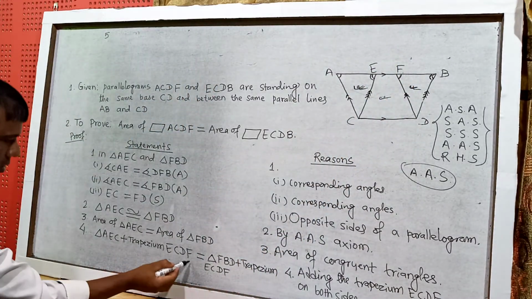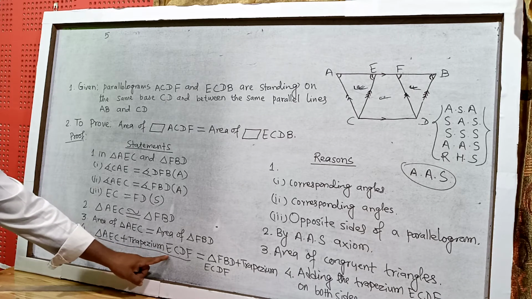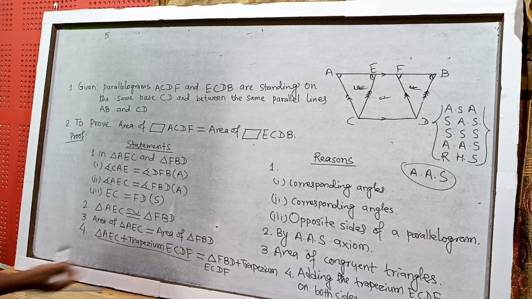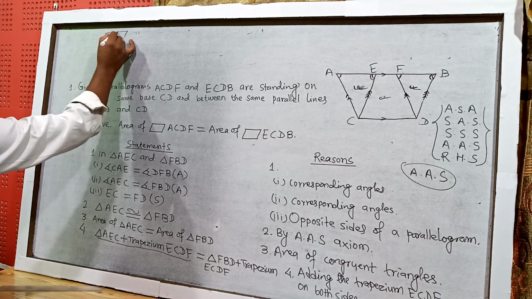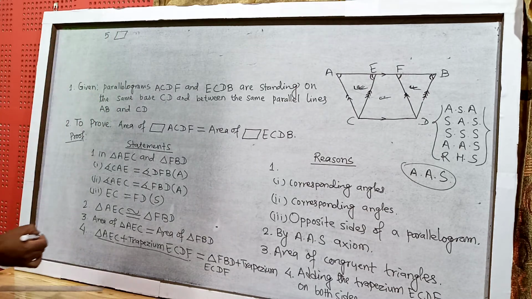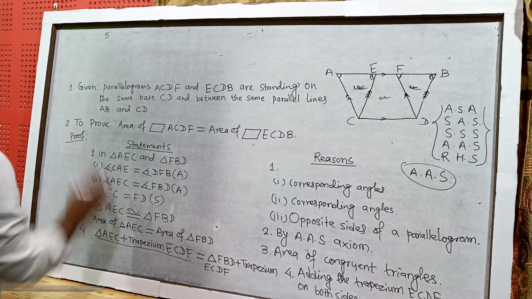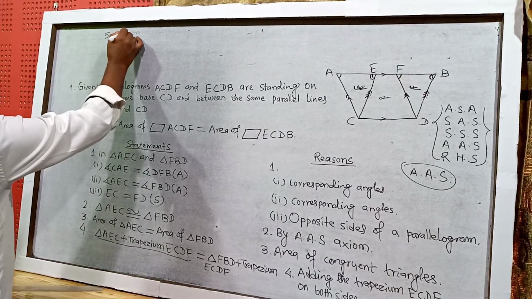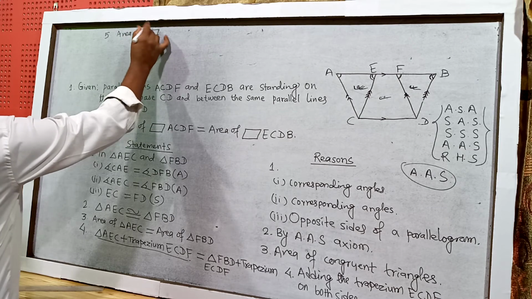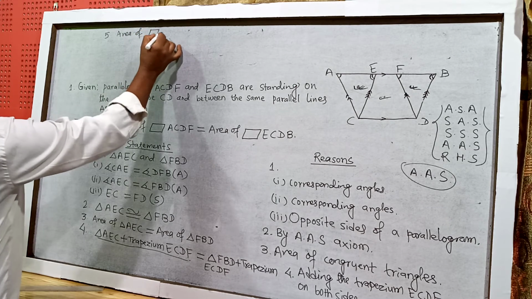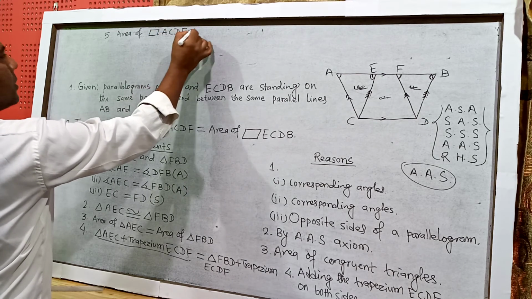So the sum of triangle ACE and trapezium ECDF becomes this parallelogram, or area of parallelogram ACDF